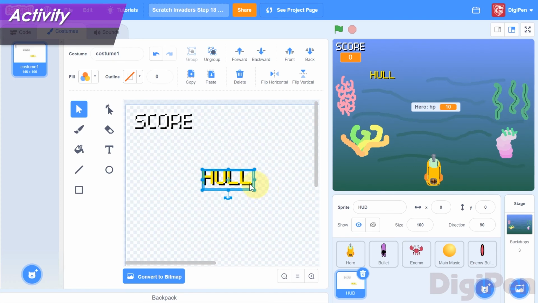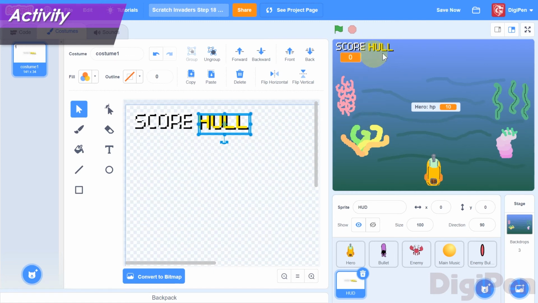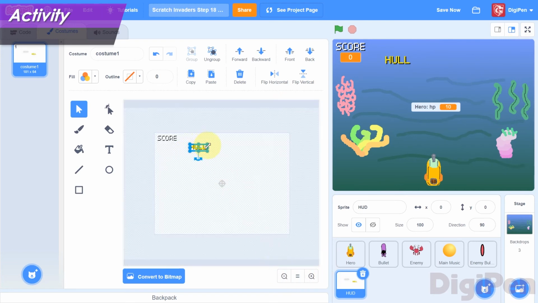Now, where should this label go? We could put it in the upper left, near the score, but that might look a little too crowded. Let's put it in the top right corner, at the same height as the score label, but on the right instead of the left. After you're satisfied with its placement,